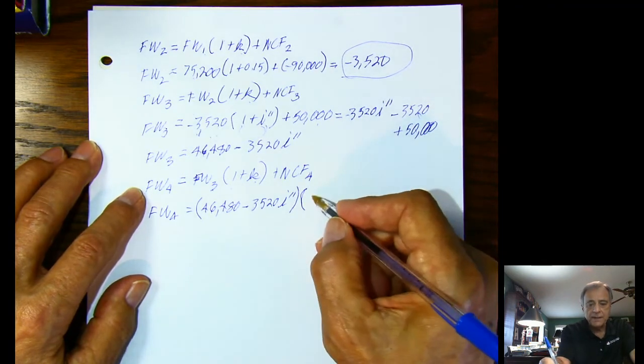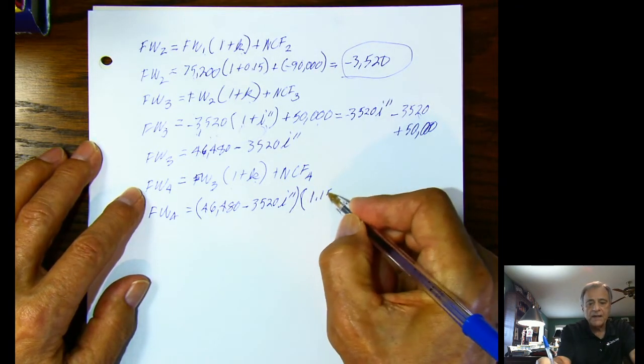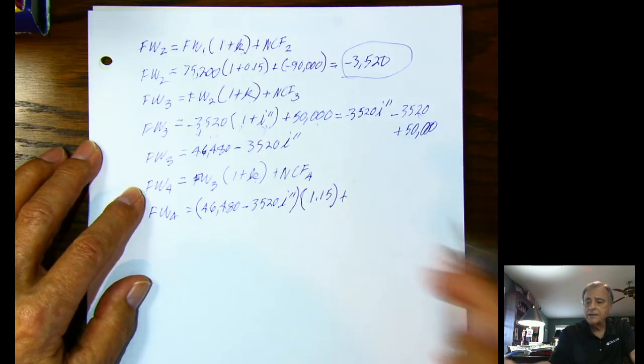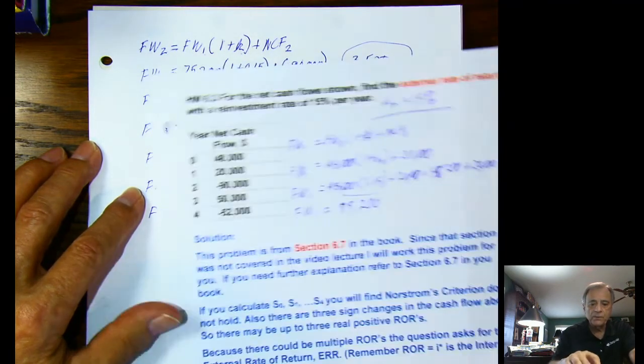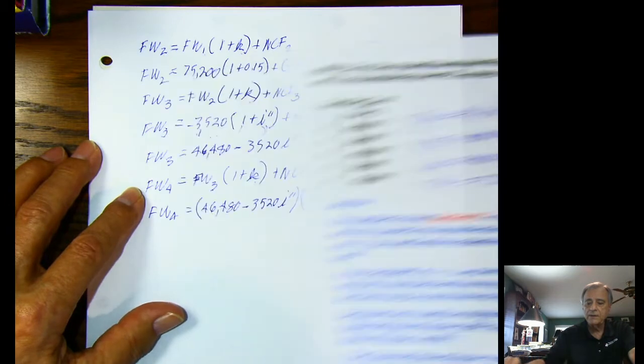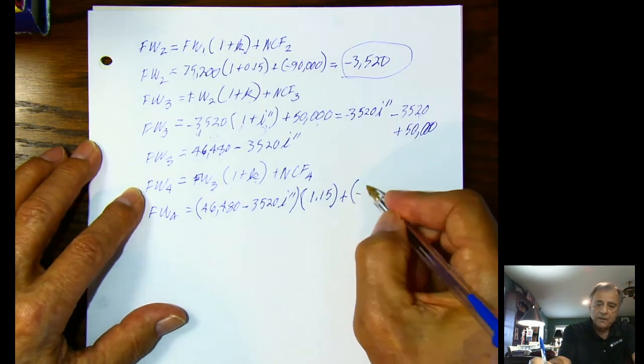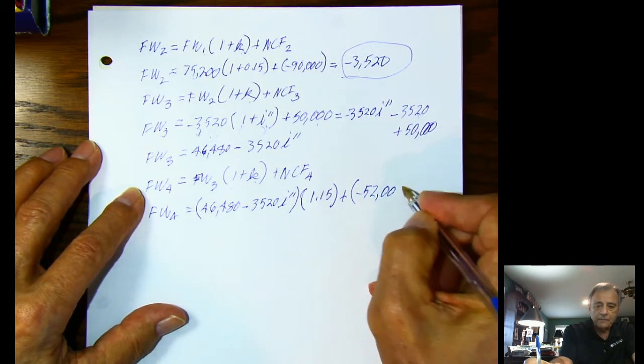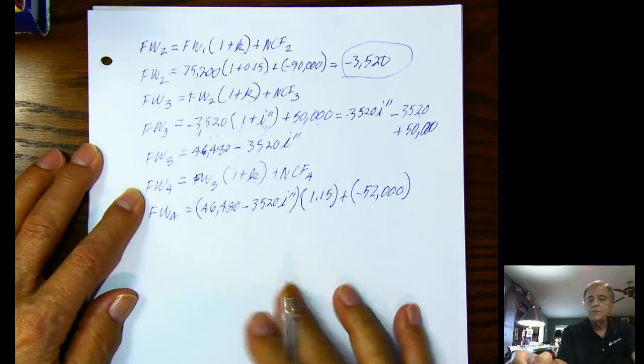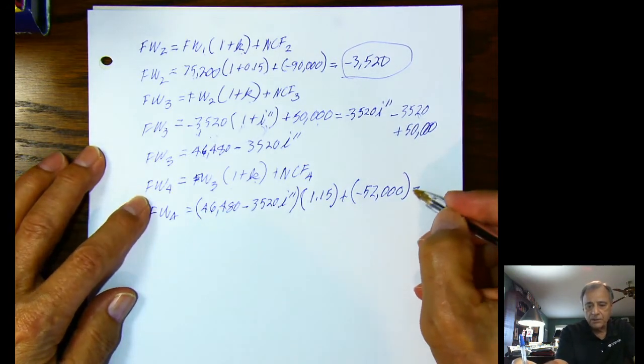So I'm going to say i sub r is 1.15, and then we add the cash flow at time 4, which is minus 52,000 to that, and we set all of this equal to 0